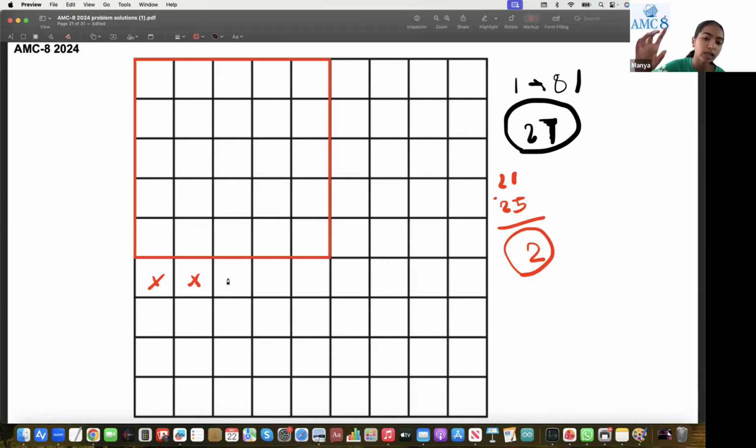We also want this one to be as compact, as close together as possible. But we can also place it here as well, and it would be the same exact thing. It would still be one column, which is the same thing. So we can place it anywhere we would like. I'll just place it here, but it's up to you. Just place it somewhere that's really close to this square. Don't place it in the opposite corner, because we want to minimize the amount of rows and columns